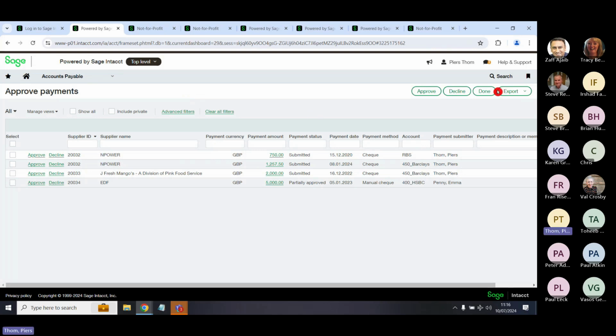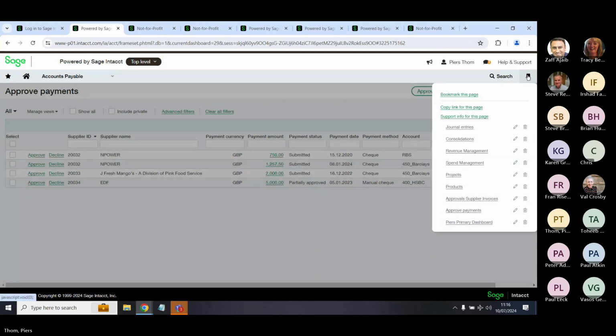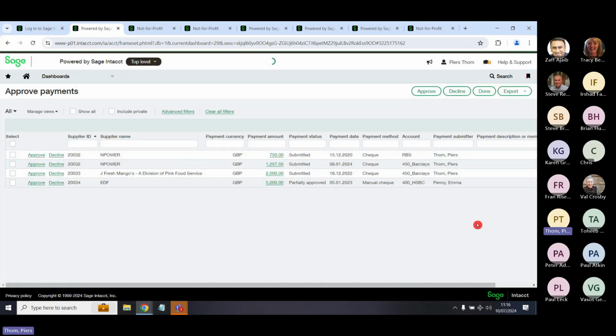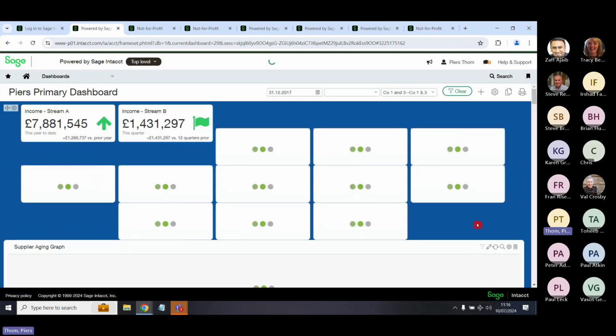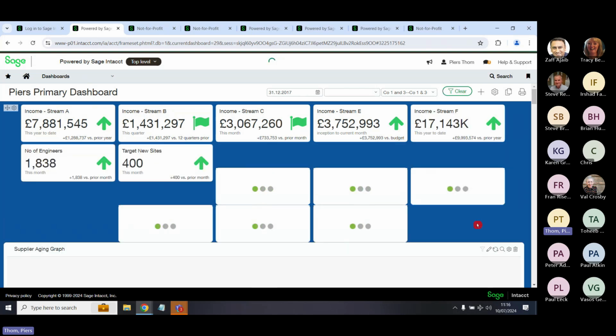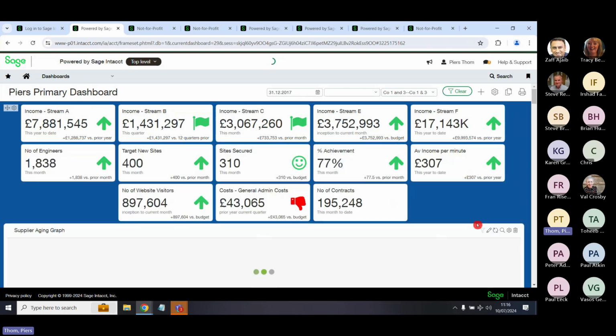So there's tons within Sage Intacct that potentially delivers that level of automation, additional capability across the board, whether that be multi-company, intercompany, whether it be this multi-dimensional view to start to analyze the data through different lenses, whether it be the approvals and the alerts and the notification and the workflow,